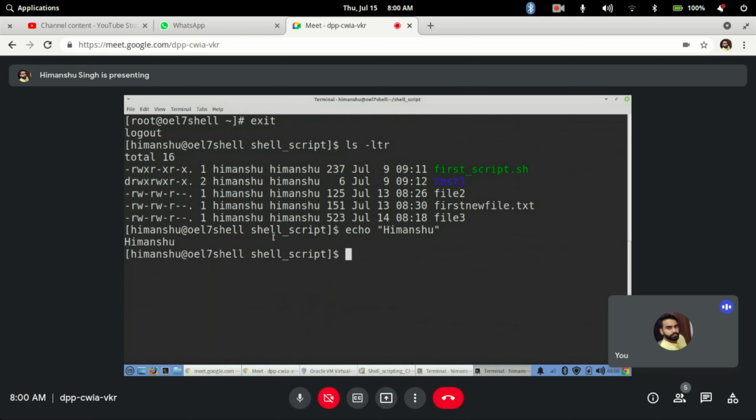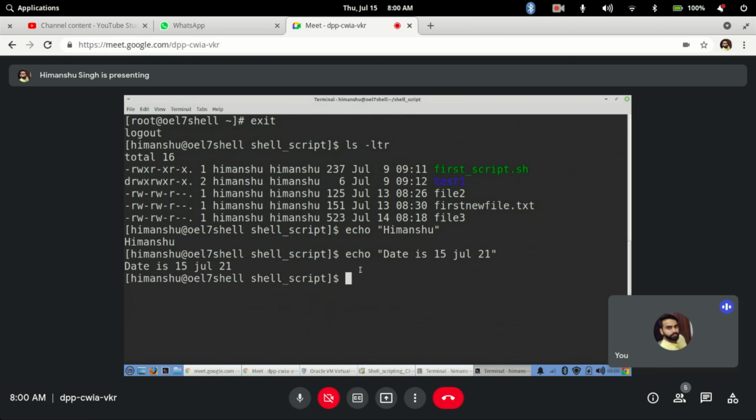So echo is a simple command to print anything. You can print longer text also, like echo date is 15 July 21. It will simply print whatever you have mentioned there, directly on your screen.